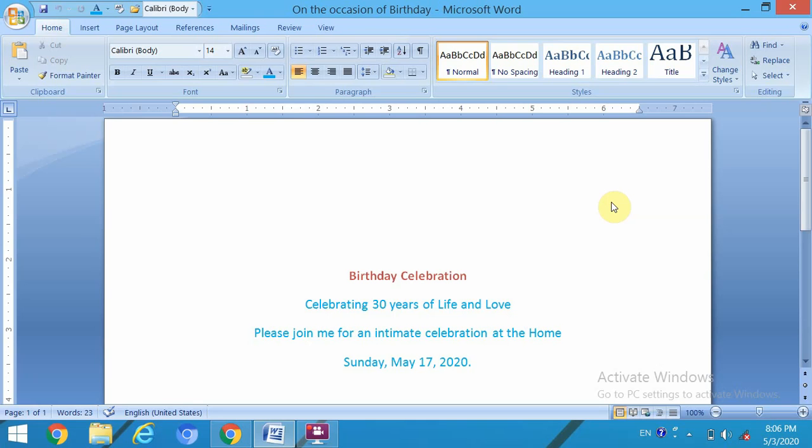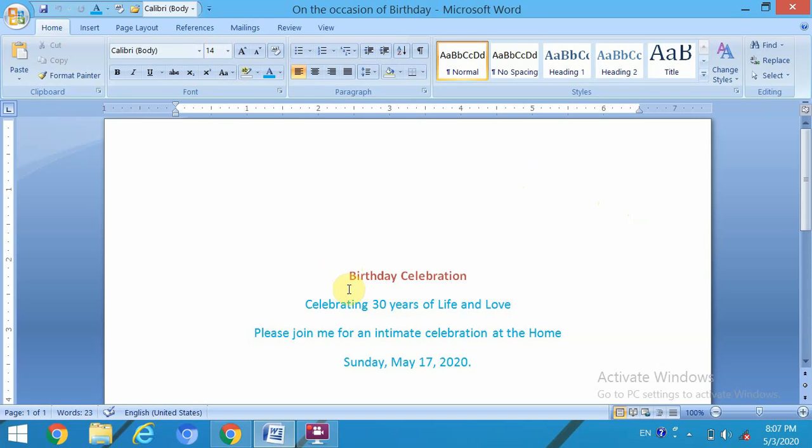Mail merge is a mass mailing facility where we can create main document and data source, after that merge them. Today we discuss step by steps how to perform mail merge in Microsoft Word document.